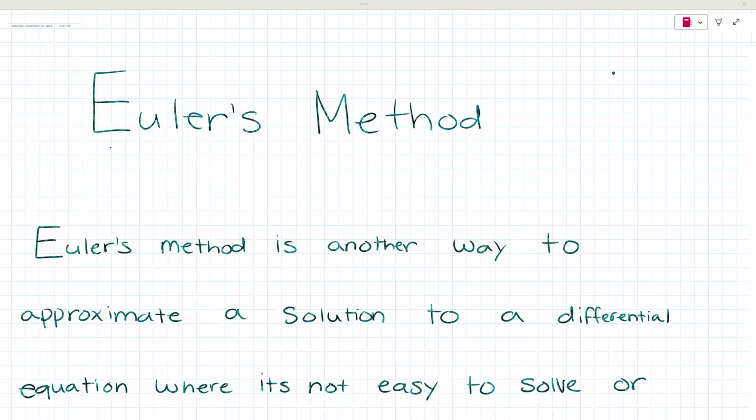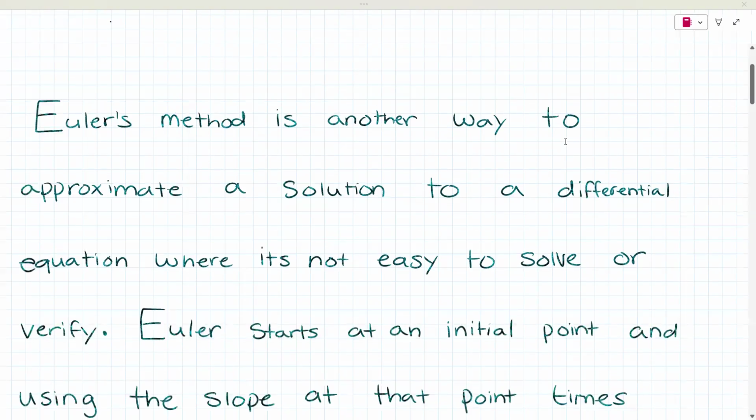In this video, I will introduce Euler's method, which is a numerical method that uses the idea of tangent lines over a short distance to approximate the solution to an initial value problem. So what is Euler's method? Euler's method is another way to approximate a solution to a differential equation where it's not easy to solve or